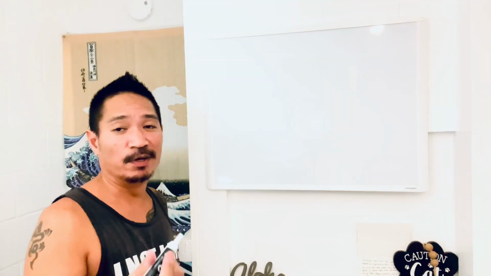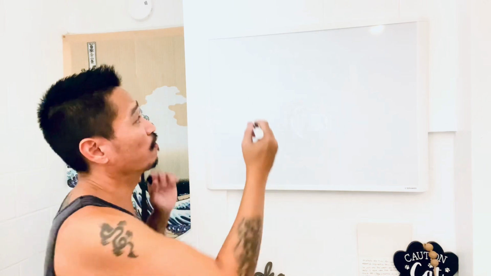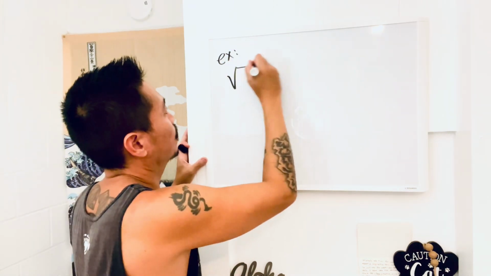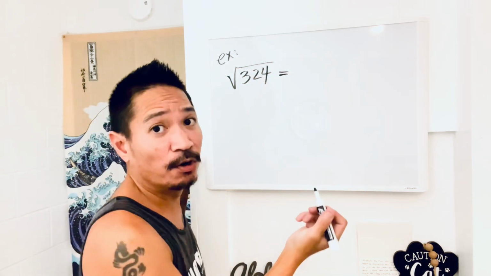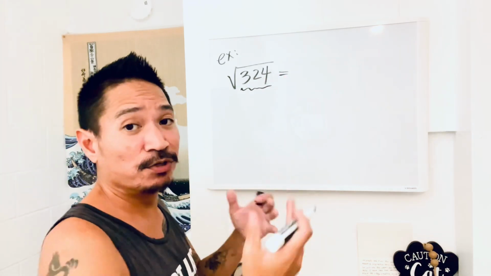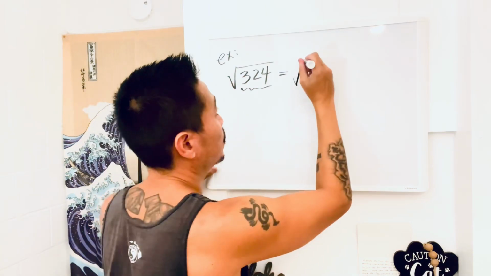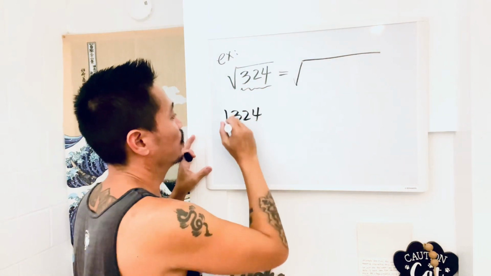Okay, so we want to find square roots of numbers using prime factorization. So let's say you want the square root of something like 324. Then all you gotta do is keep factoring this, like when you're doing prime factorization inside the radicals. So 324 is an even number, so I kind of want